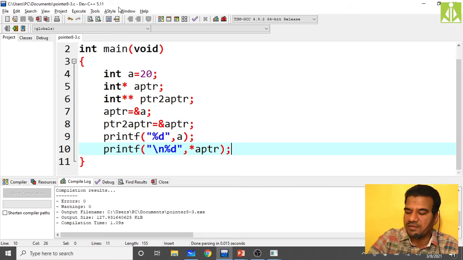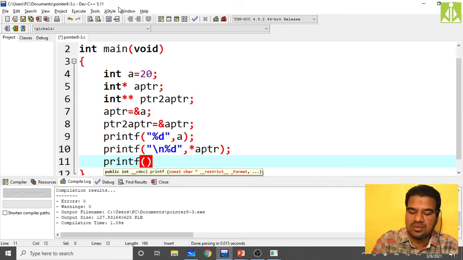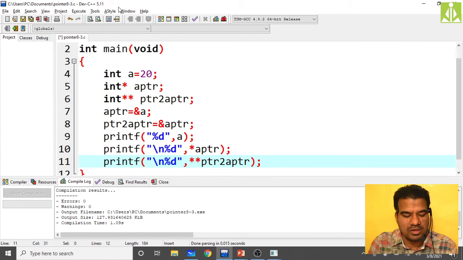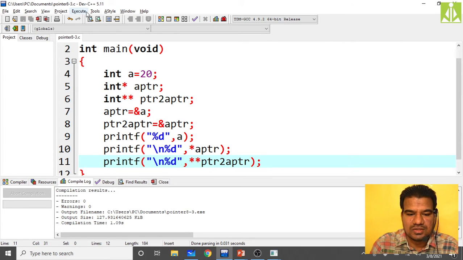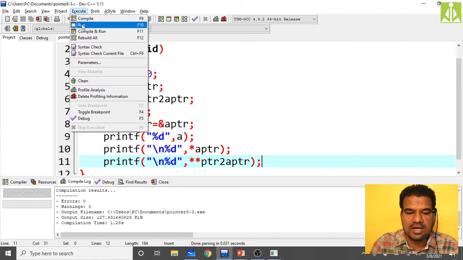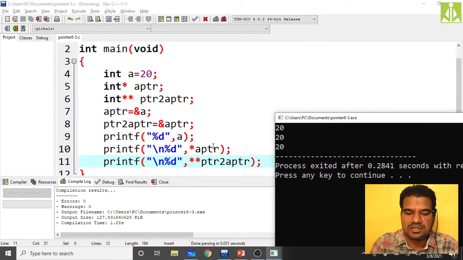So two times you have to apply the indirection. Using PTR2 APTR, how can I access a's value? \n %d, comma, star star PTR2 APTR, like this. Now I'm accessing the value of a. So in the output you will get 20 three times.